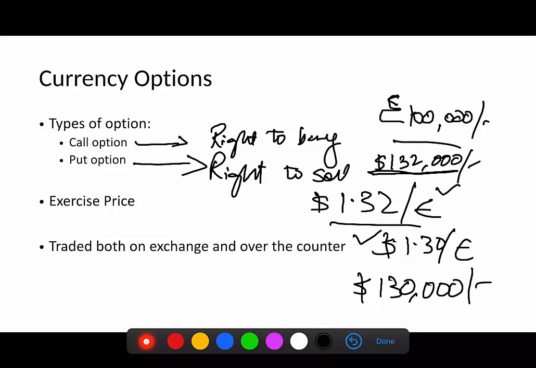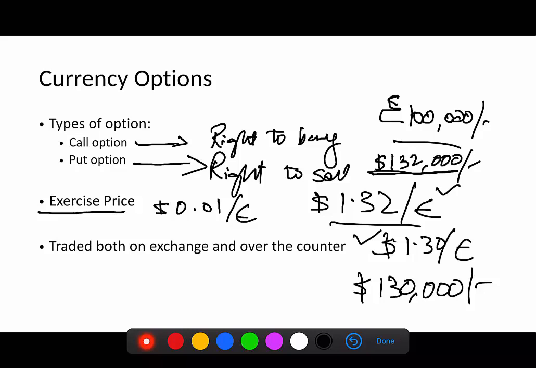But also remember, apart from the exercise price, which is also called the strike price, there is another component, which is the option premium. Being a buyer of the option contract, you have the right, so what is the benefit of the option seller? The seller of the option contract will get the option premium from you right away. For example, to give you the right to buy each unit of euro, he's charging you 1 cent, then this is your option